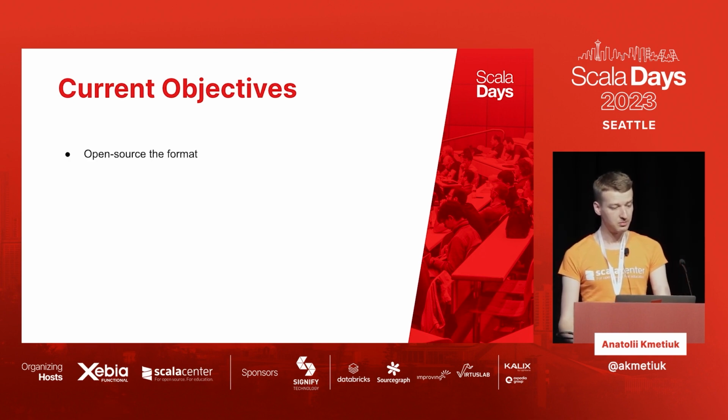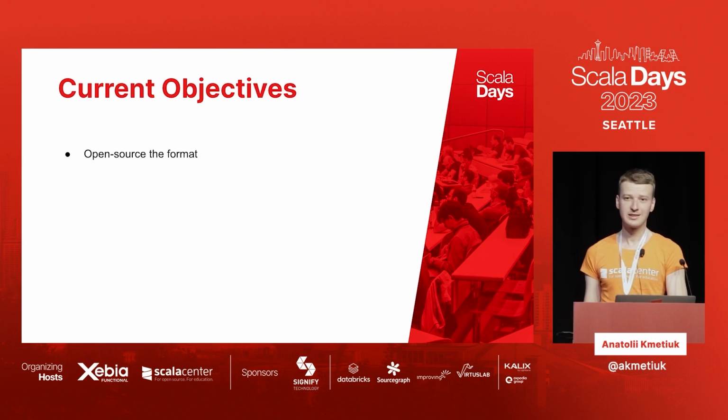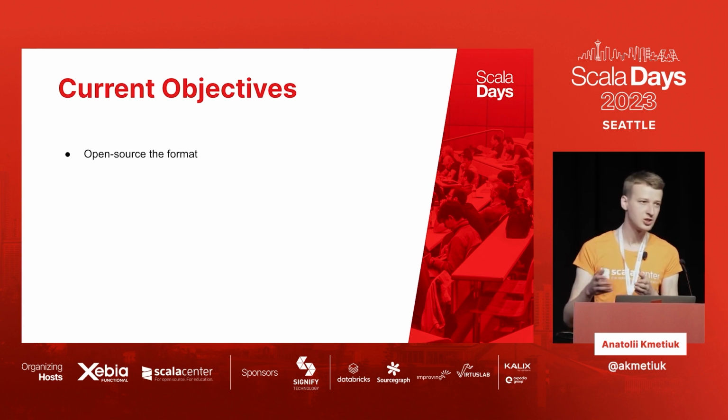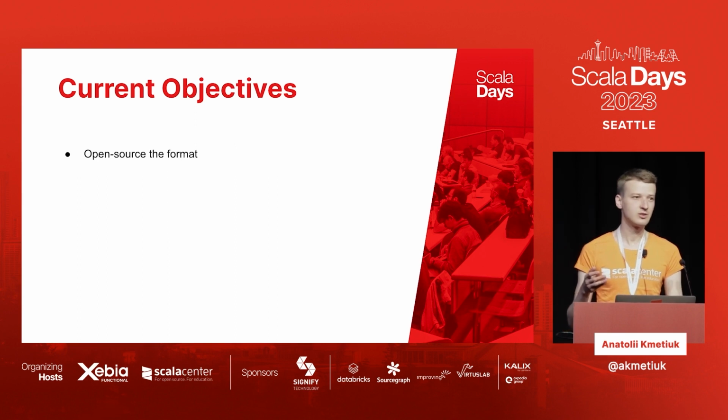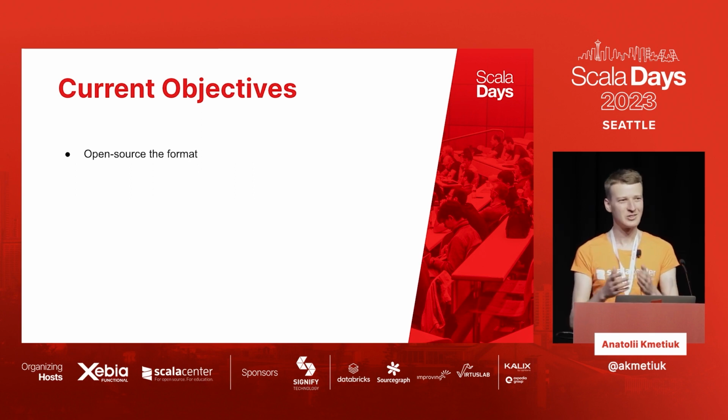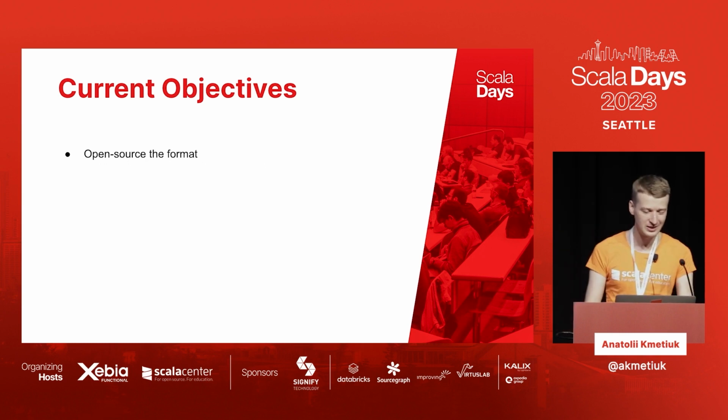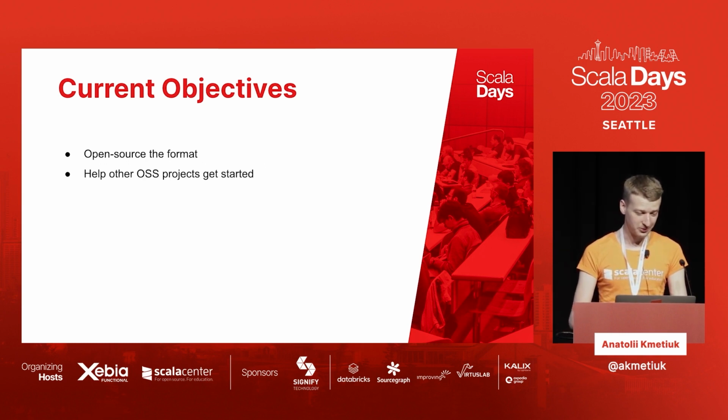Objectives-wise, what we figured out is we do not have much to do with the current format on the current project anymore in terms of changing the format. It is there, it is stable, people come, and people like it. So what we are currently aiming for is to open source the format, because the format we were developing for 2 years, we were polishing it, and we figured out that other people might find it also useful and would avoid making all those mistakes that we made, and would avoid testing out all these technologies that didn't work. So we want to open source it.